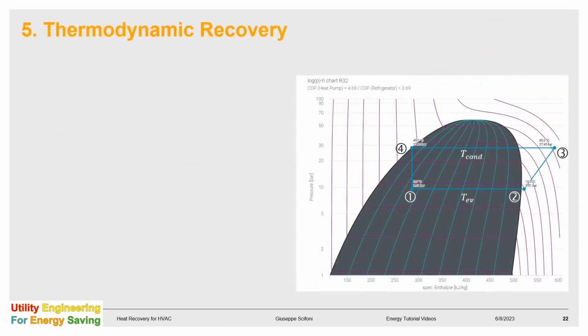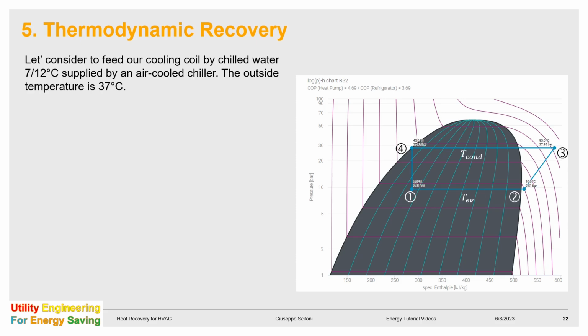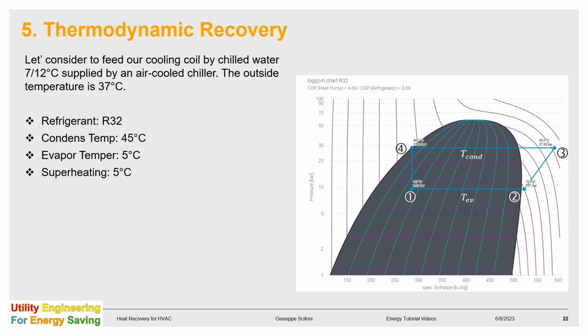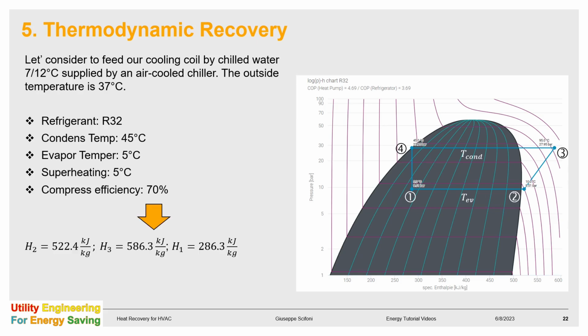As example for the thermodynamic recovery, we take a chilled water loop 7/12 degrees, also very standard. For refrigerant we consider R32 and we set the evaporation and condensing temperature according to the ambient conditions and process requirement as displayed. Consequently, we can determine the enthalpy values of the 4 stages of the cooling cycle. The EER calculation gives